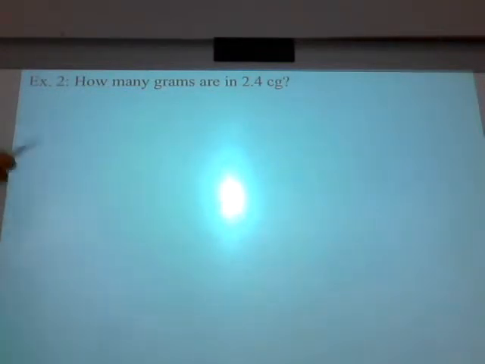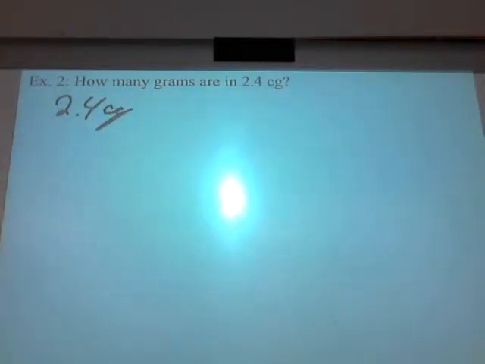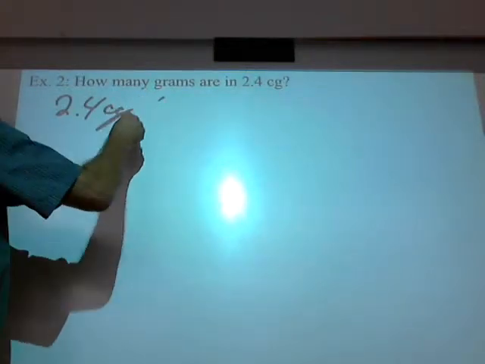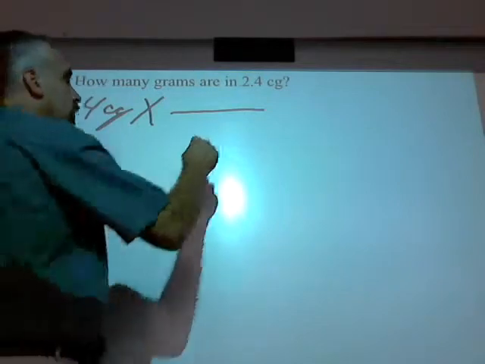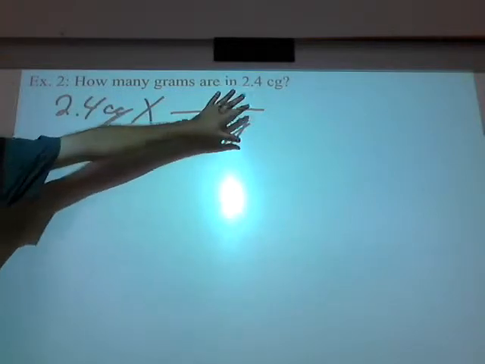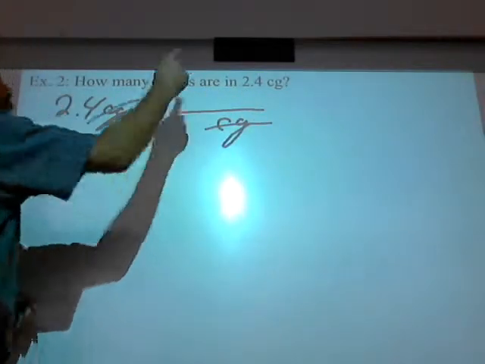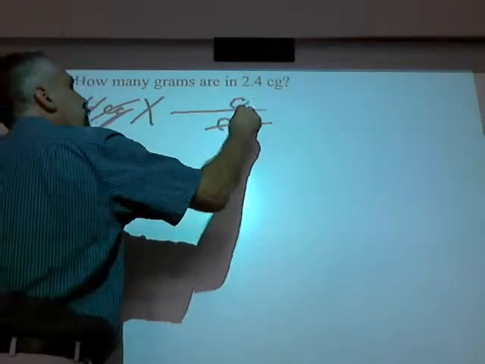What do I write down first here, Michael? 2.4, the given information, which is 2.4 centigrams. Good. Very good. What do I do next? What units are going to go on the bottom here, Jackson? Centigrams. Because, guys, by the way, you don't have to memorize that. How'd you know they had to go on the bottom, Caitlin? That's the given one. No, that's memorization. How do you know that without memorizing anything? Because they're going to have to cancel. Exactly. If you put them on the top, what would you get? You'd get centigrams squared, wouldn't you? You don't want centigrams squared. What do you want, Caitlin? You want grams, so we'll put grams at the top.